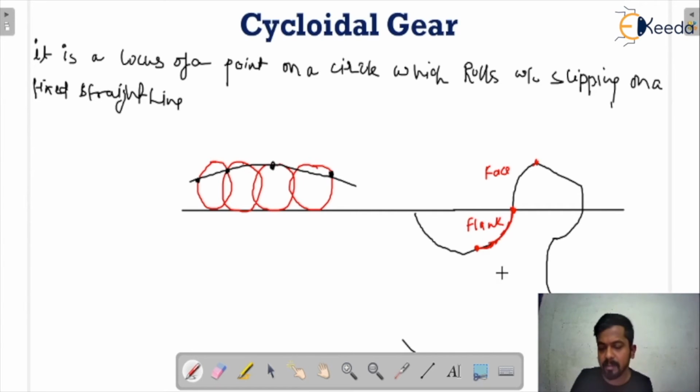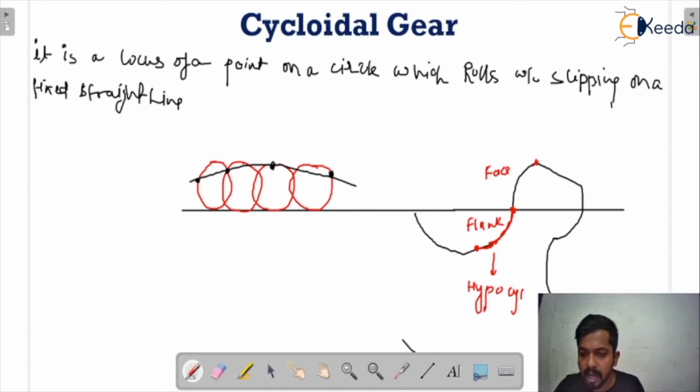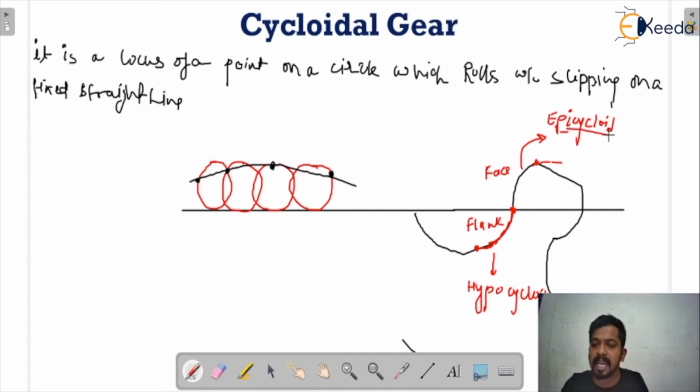You can see here the flank shape for the cycloidal gear is a hypocycloid. And this other shape is an epicycloid. That means the face has an epicycloid shape, and the flank has a hypocycloid shape. You must remember this. And some important points for the cycloidal gear: per tooth cost